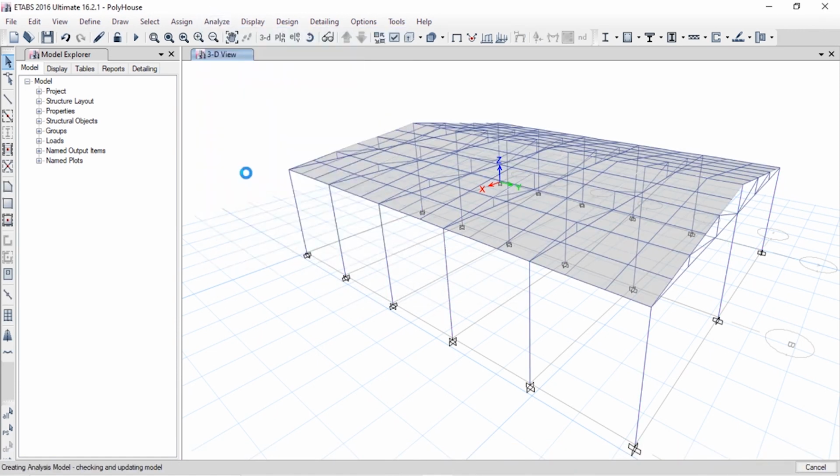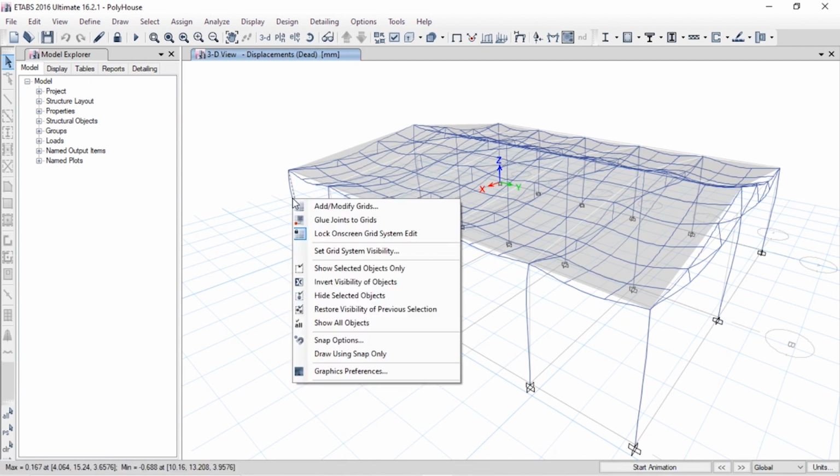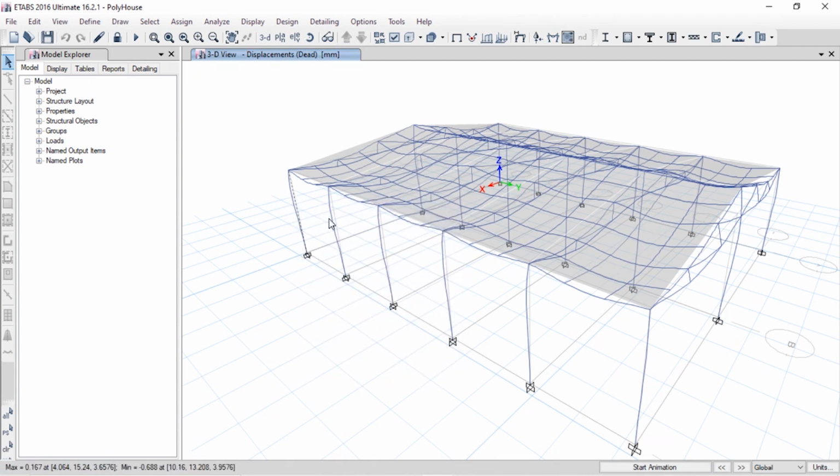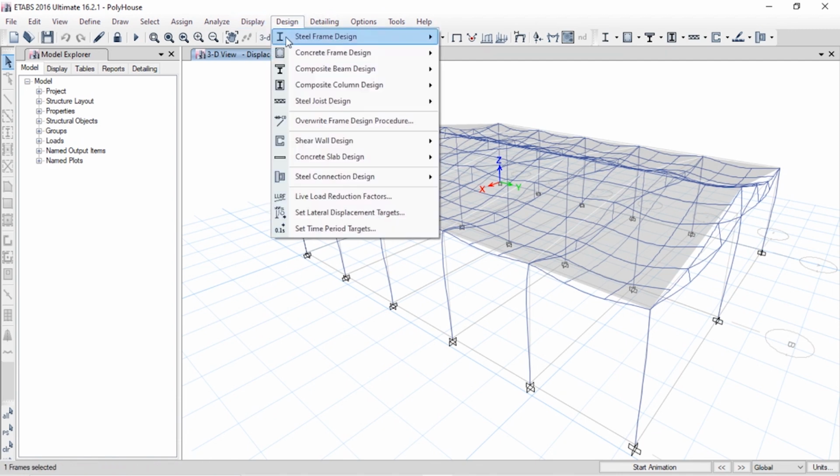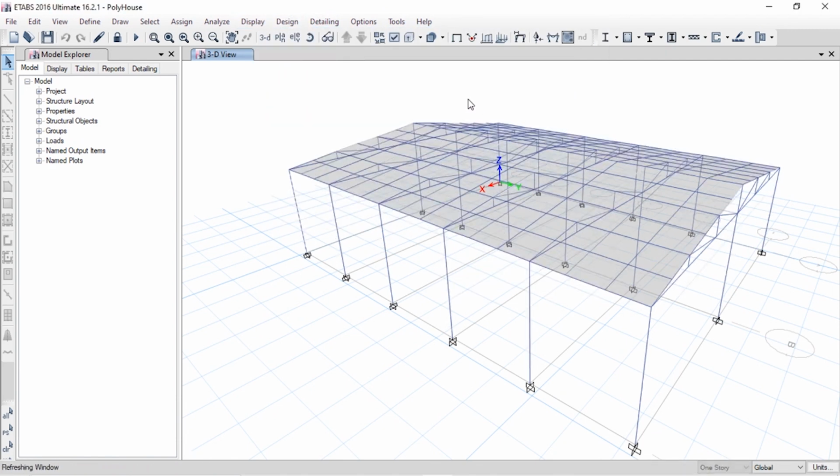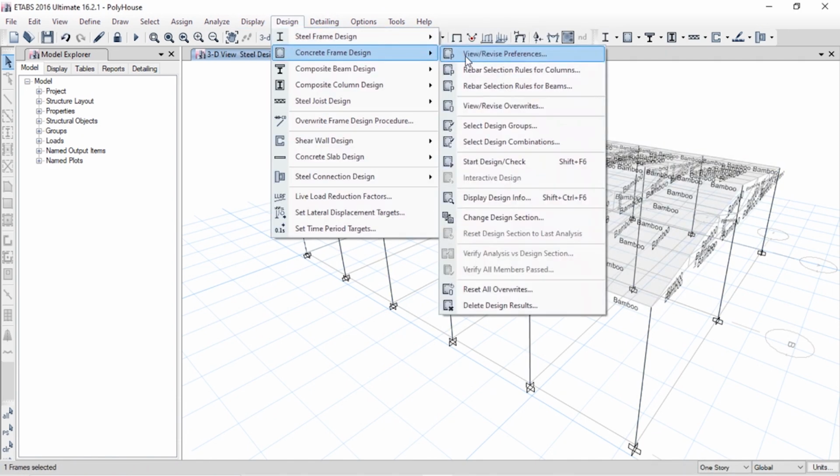First I'm going to run the analysis, and when you click on the member you can see the deformation, and here after the designing of all the steel frames and all the concrete frames,